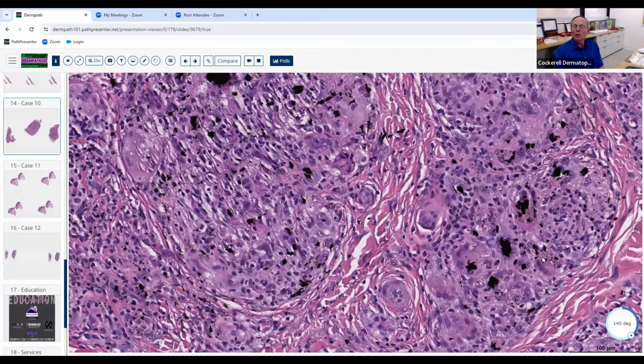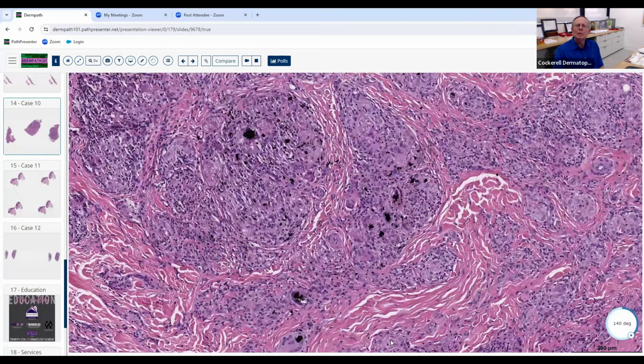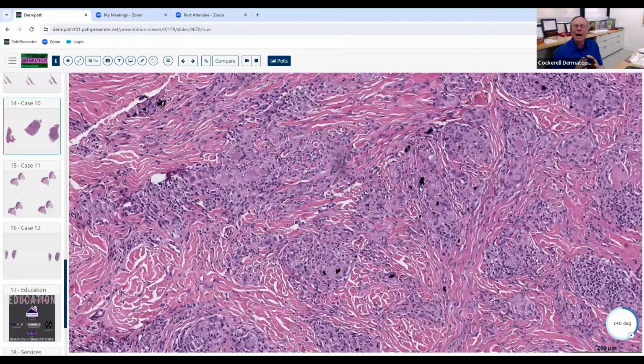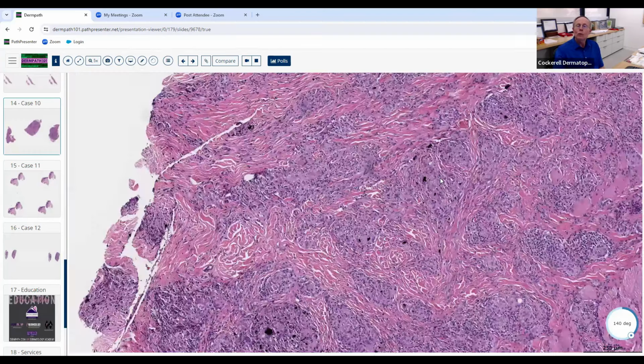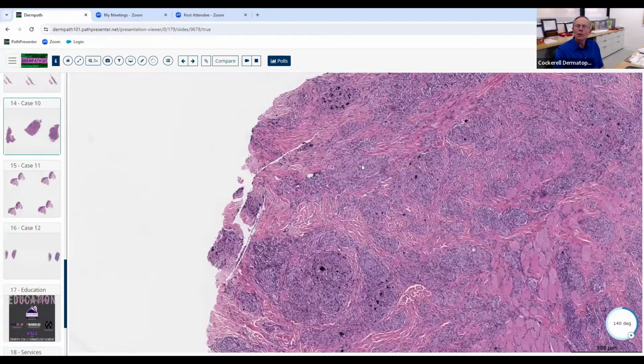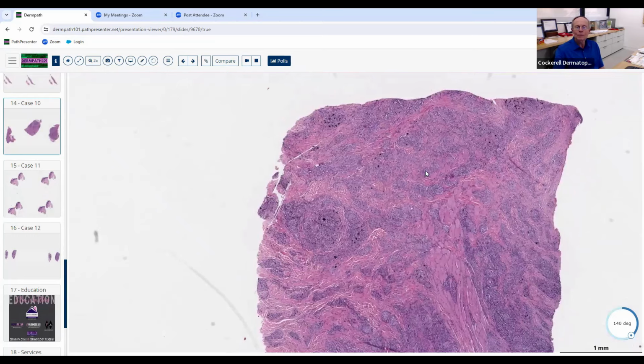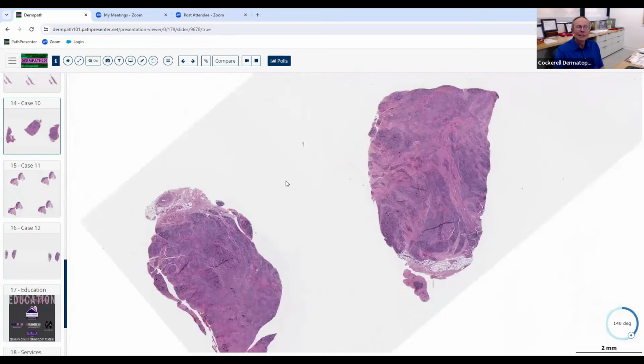But then there's this other that looks a little bit brown, a little bit small, finely granular. So maybe some of it's carbon, but maybe some of it is something other than that. But certainly this is a foreign body granulomatous reaction with a sarcoidal pattern. Now, there's one other clue that we sometimes see in foreign body reactions, because whenever we make a slide, we